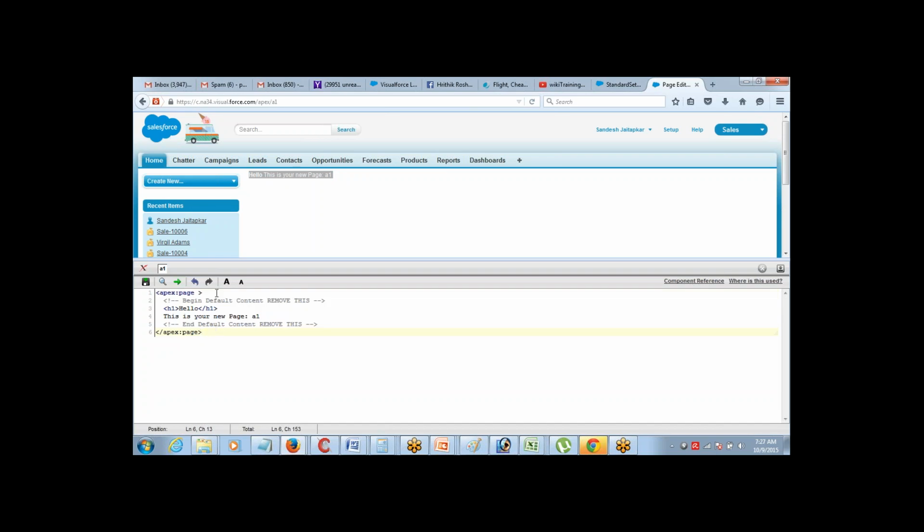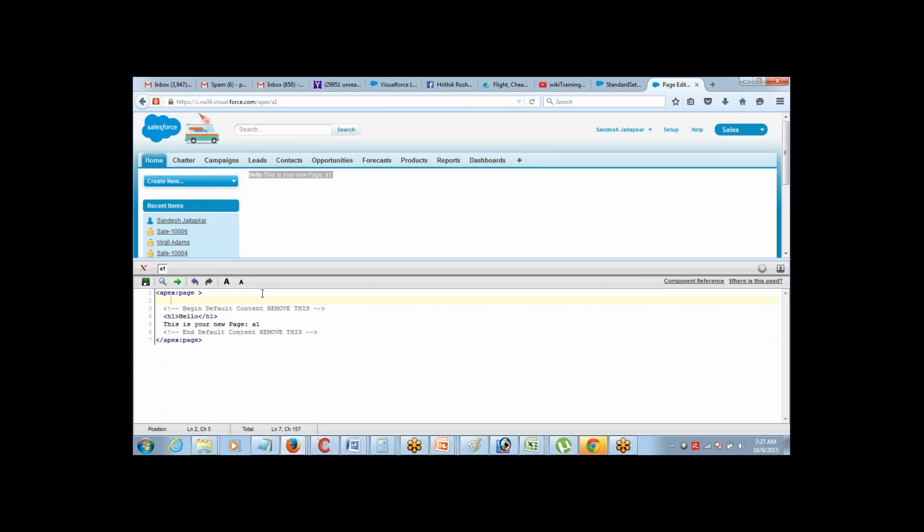Now, the only thing that you have to keep in mind is the basic rule: an apex page will start with this tag, apex page tag, and it will end with the apex page tag. So first line and the last line have to be these. Apex page, so that's the boundary of this Visualforce page. Whatever you want to write should be written within this. Your entire set of tags, whichever you want to display on the page, has to come within these two lines. Start of apex page, end of apex page. Within that, we put whatever you want to put, right?